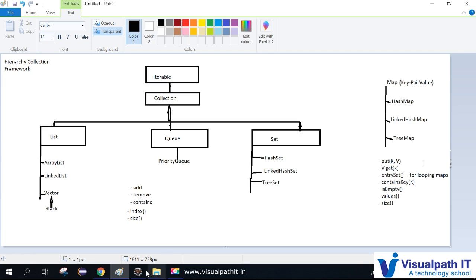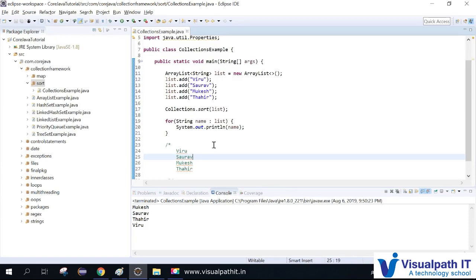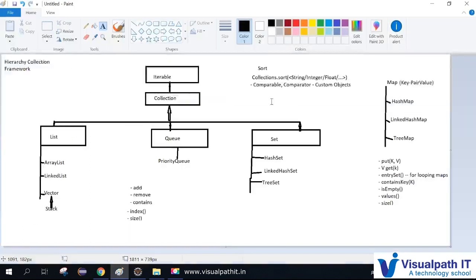As we discussed in the previous tutorial, we have a Collections.sort method which is used for sorting elements of primitive data types like String, int and so on. So what is the way of sorting a custom object? Suppose